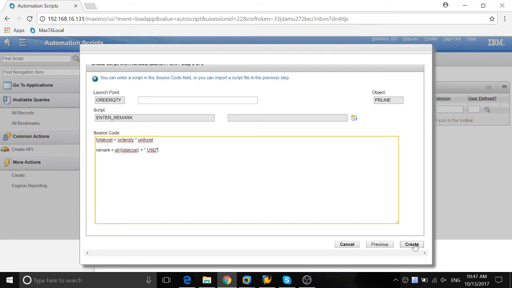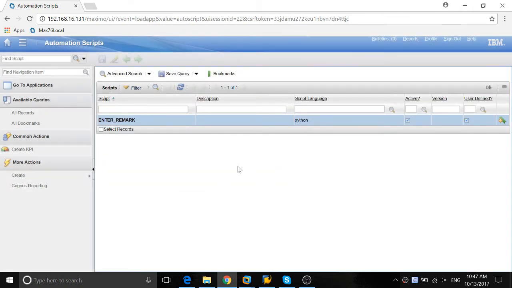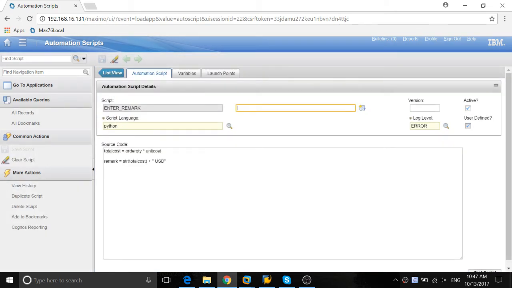And click on create to finish the creation process. Okay, so now I have created my first script. You can see here we have the script. You can click on it to see the information within. So this is the code on the variable types is